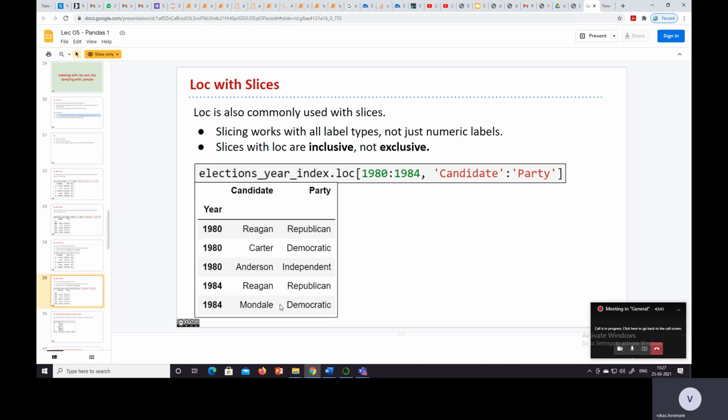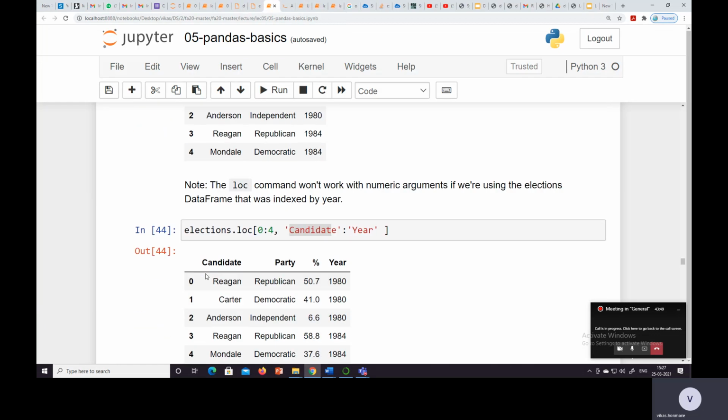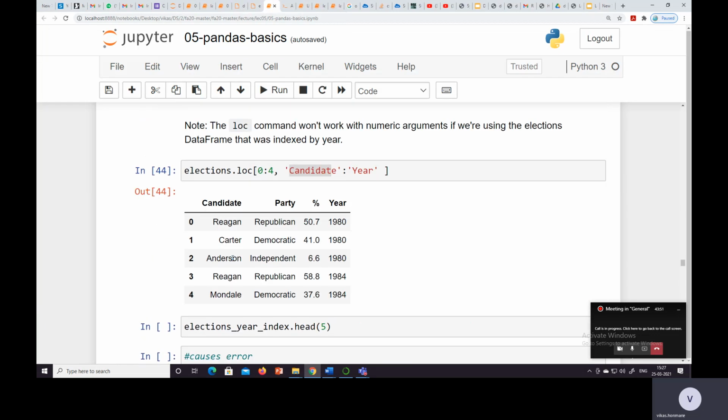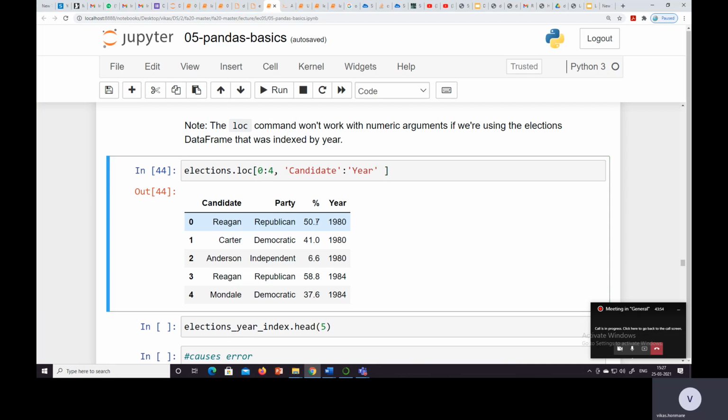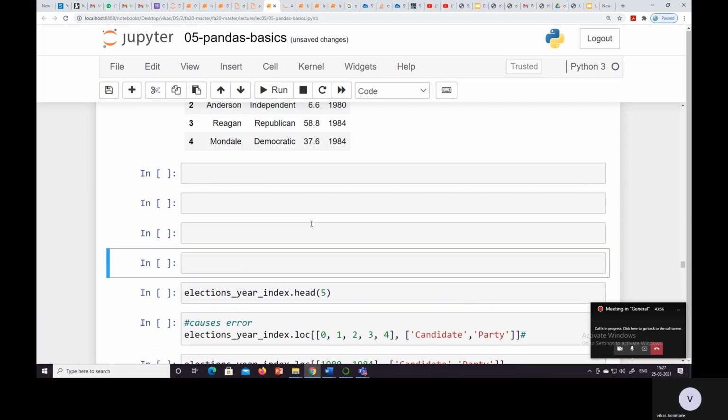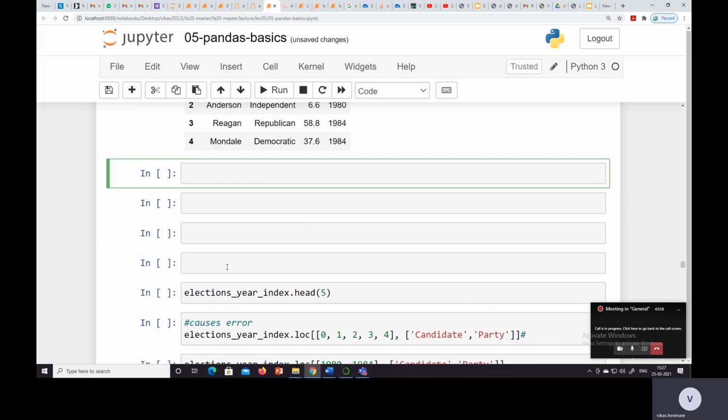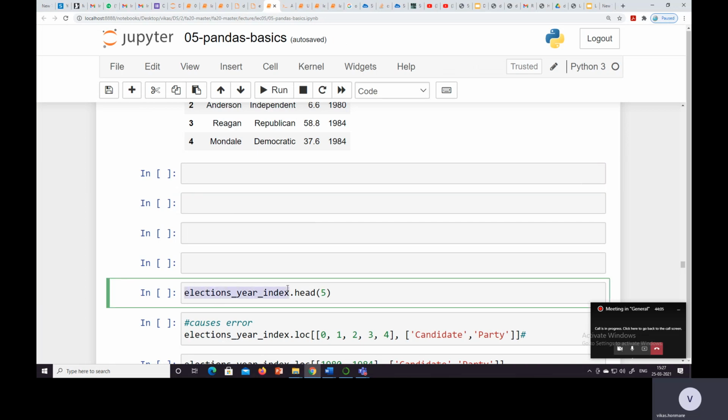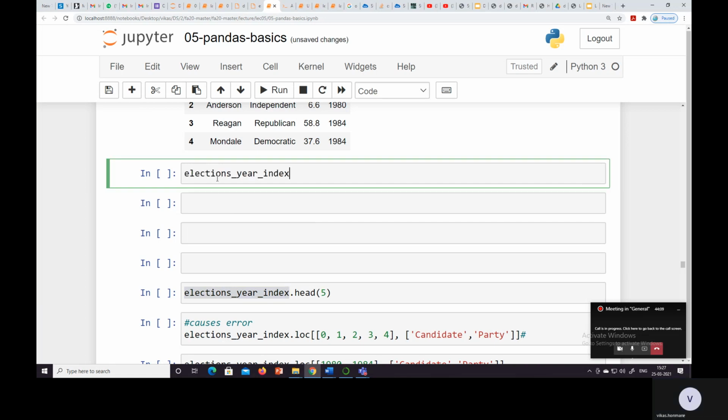So initially I need to set the index of that table. Here I'll take new cells by using the escape key. Here index is equal to year.